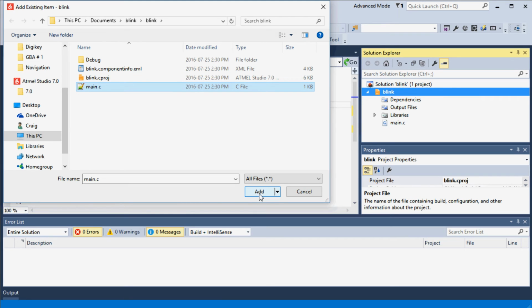And then if you click Add, Atmel Studio will take a copy of it from the source directory, which may not be anywhere near your project directory, and put it into your project directory. You don't want to do that, because then you end up with a whole bunch of different copies. Every project directory will have copies of your